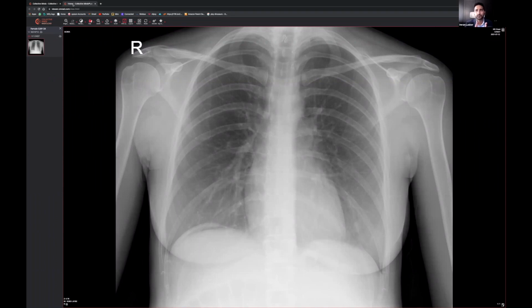So chest x-rays, there's a whole nuance of chest x-rays, right? We actually run entire courses, whole days dedicated to looking at the chest x-ray, because there's so much anatomy involved. But in the context of trauma, there's only so many things you're looking for. You're looking for a pneumothorax. Yeah, well done, exactly. So you're looking for a pneumothorax, and you're looking for rib fractures, dislocations of the shoulder, fracture of the shoulder,